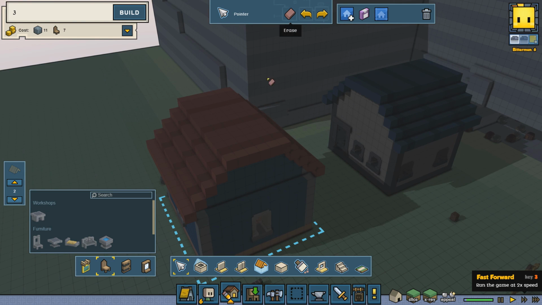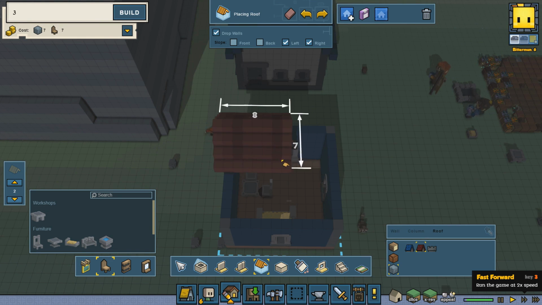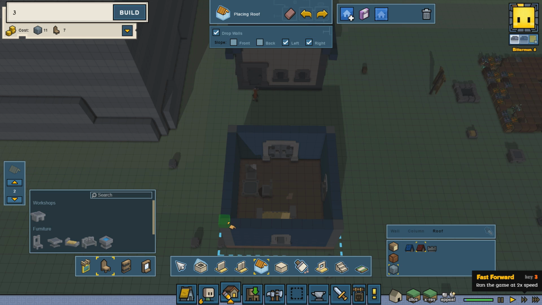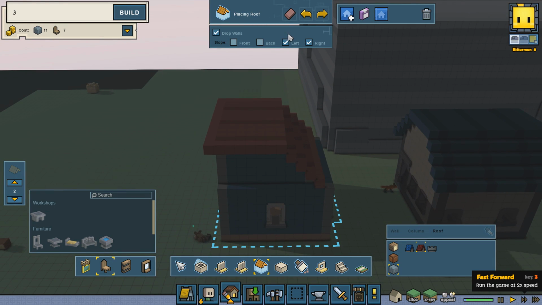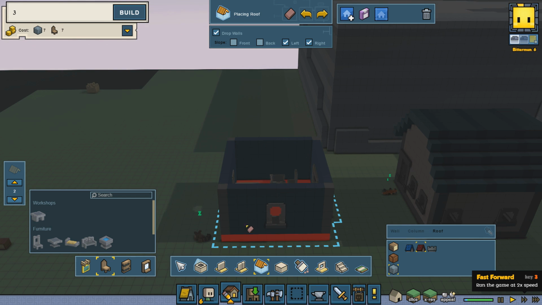That don't look like it's long enough right there. I think the overhang is not on that building. Give me that right there. We'll go like that. See, I don't know how I determine which way the roof is facing. That's kind of a weird-ass roof right there. I don't know how I feel about that. Huh. I think it's doing something weird at the moment. Let me see if I can...